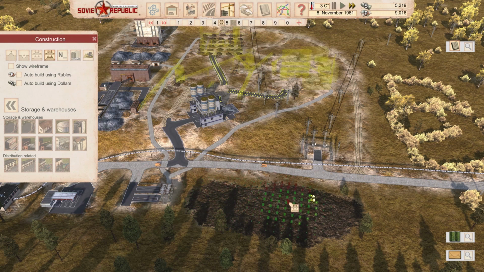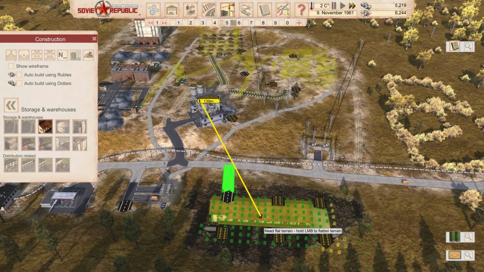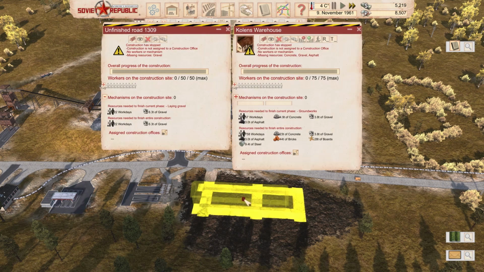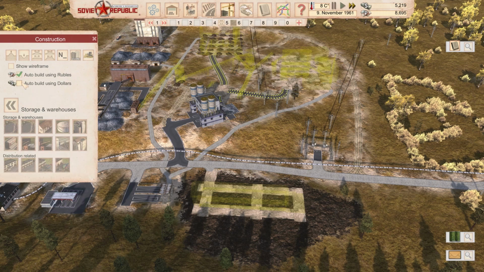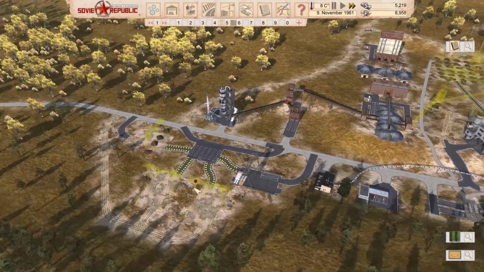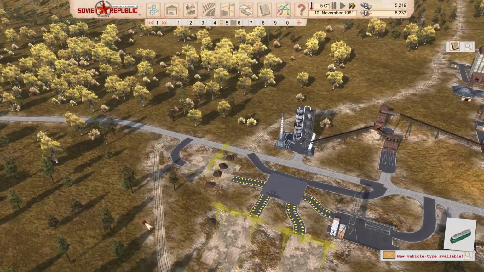It's probably because we have so many constructions running. This is hard. So we're gonna go for this one again. Okay, yeah, how much did we say this costs anyway? To build, 14,000. That's expensive. I'm gonna let them slowly build this, and then we're gonna source everything that we need. Okay, now that this has been let loose from the chain,